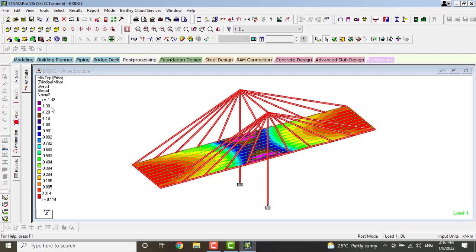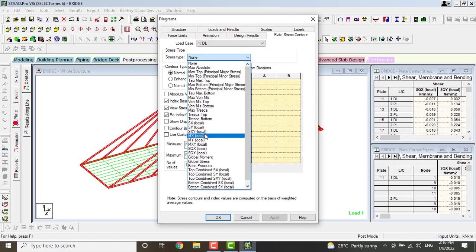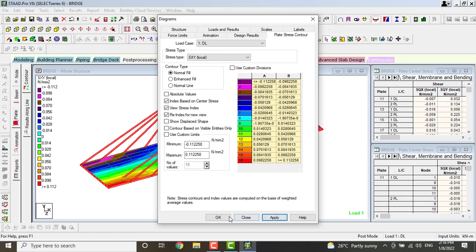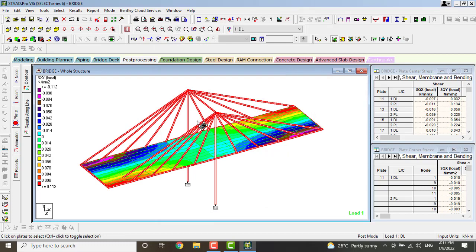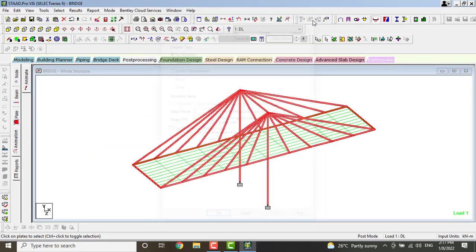That means here the values are increasing, and the maximum and minimum values show where the bridge accepts maximum stress and strain. Okay, again go to plate option. Here you have to change the loads of strains or shear stress, whatever it may be. You have to see the variations of the values. Click on apply. Okay, these are the shear stress, moment, whatever it may be. You have to see here.